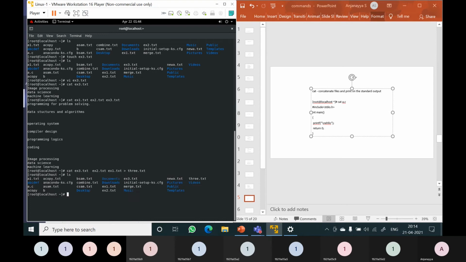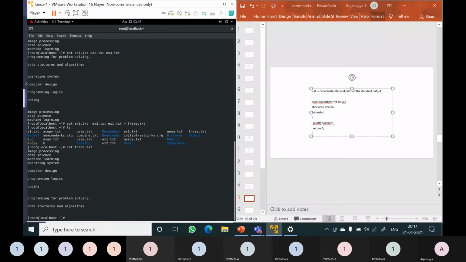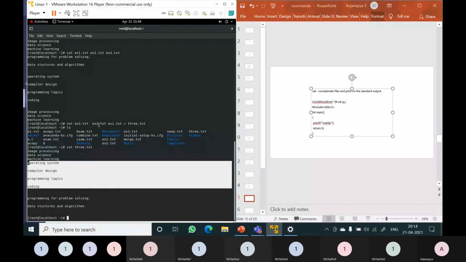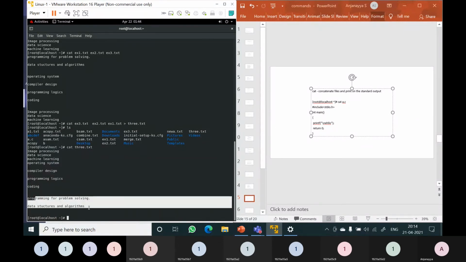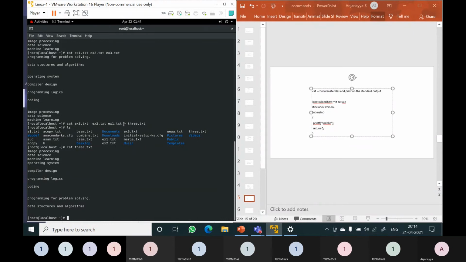Now with ls you can see 3.txt is created. Now to see the contents, cat 3.txt. You can observe image processing, these are the contents of ex3. Then operating system, compilers and coding, these are the contents of ex2. Then programming for problem solving, data structures and algorithms, these are the contents of ex1.txt. So these are appended to 3.txt, which is newly created.